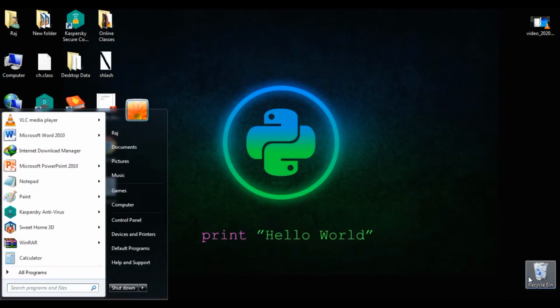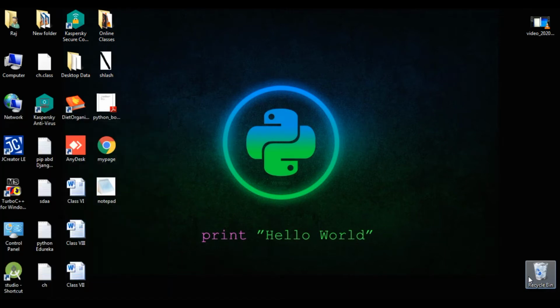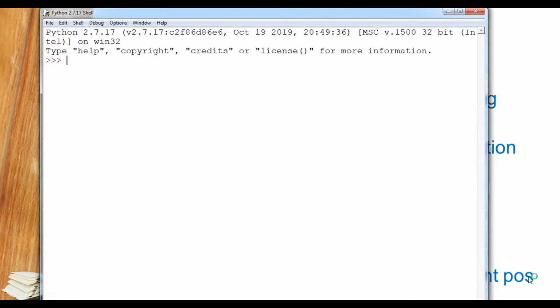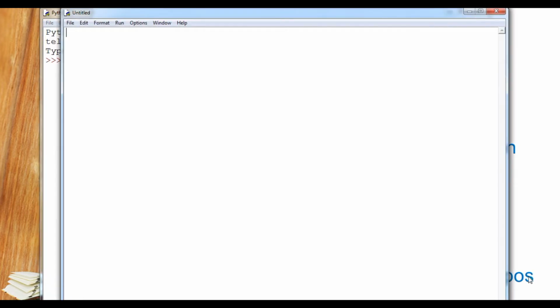To do the practice, we have to open Python, and then I will create a file for a program for the seek and tell methods. Suppose I create a file: file equals open, my file name is abc.txt, in writing mode.